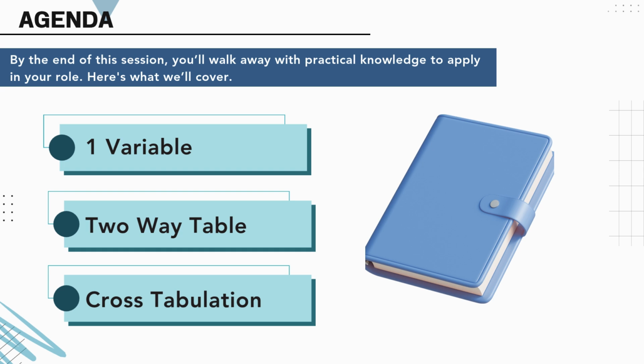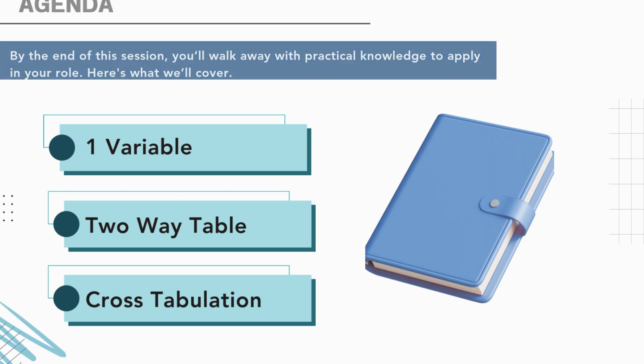Next, you'll notice the two-way table item is crossed out. This means we're not covering it in today's session. You may find it in advanced materials, but it's out of scope for today. Finally, we'll explore cross-tabulation, which helps us understand the association between two categorical variables. By the end of the session, you'll have gained solid understanding of when and how to use these methods in